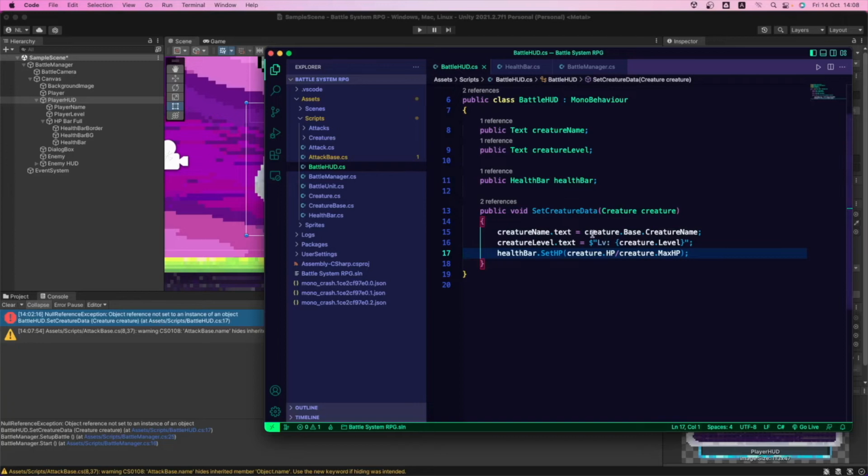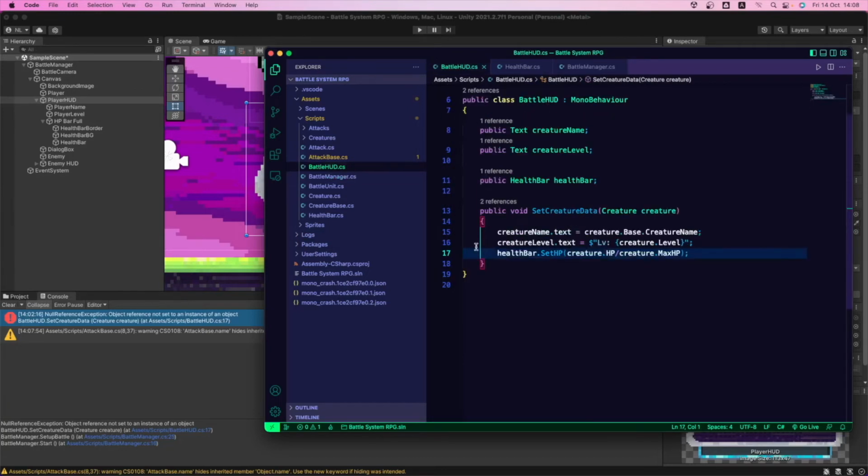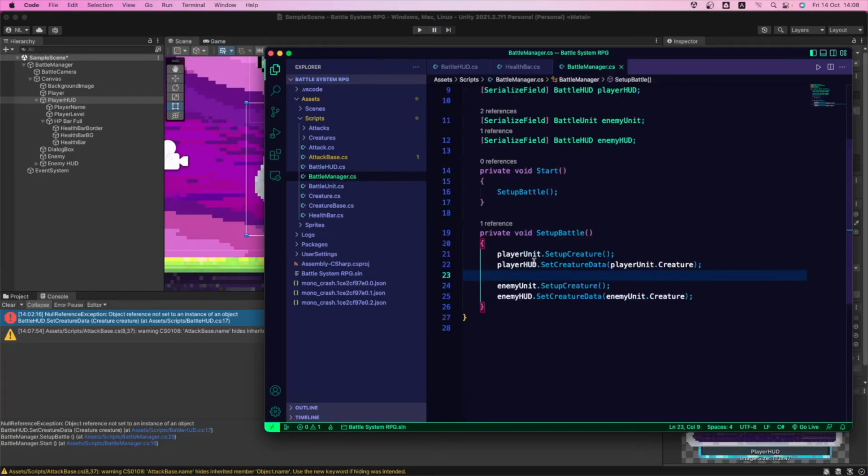And this is because if you remember in the battle manager, we are calling the SetCreature method that is inside the BattleHUD class. And we are saying in the battle manager, I need you to set me up all of the info of the enemy.